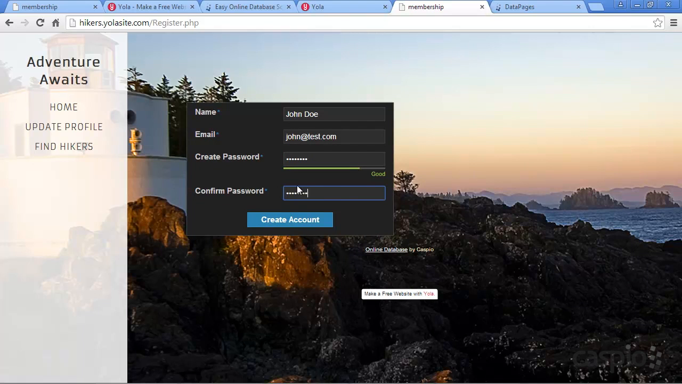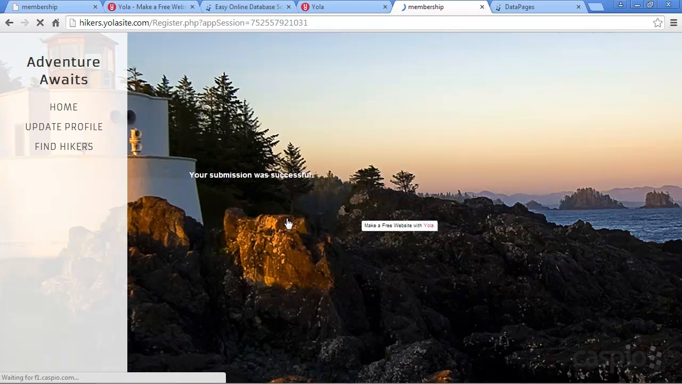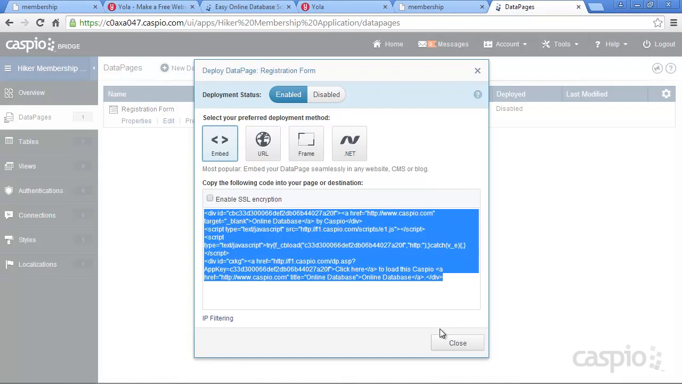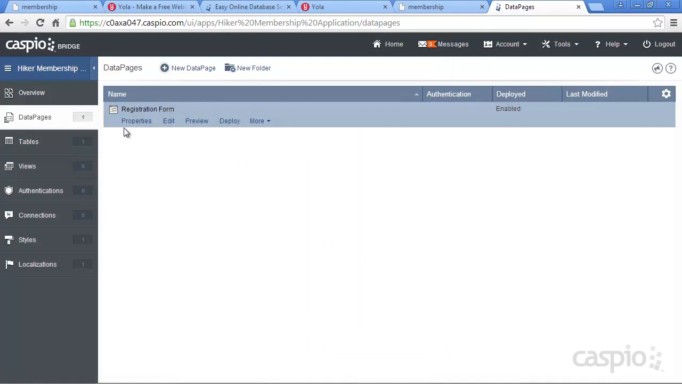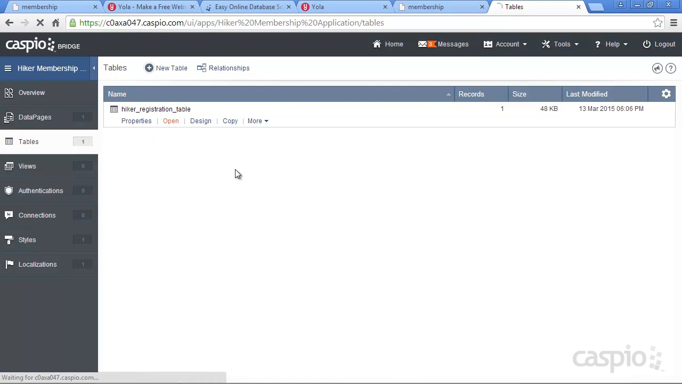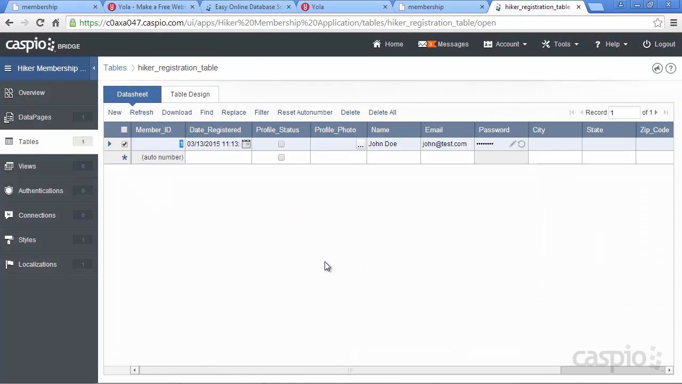We match the password, click on Create Account, and you will see your submission was successful. You can modify this confirmation message to say something else if you'd like. But once we go to our Caspio account, now that this form is linked to our table, if you open up the table,